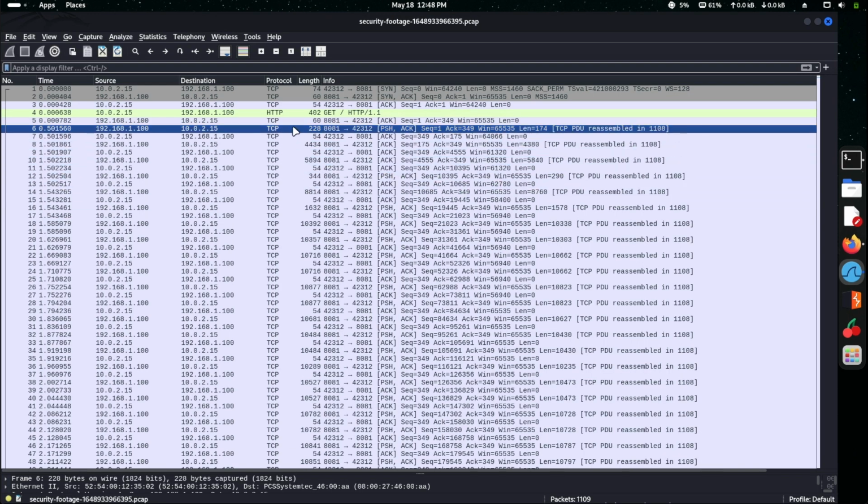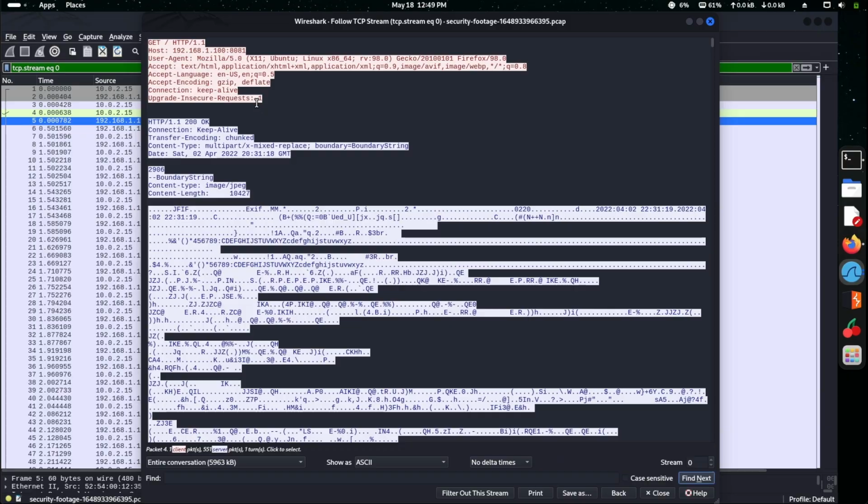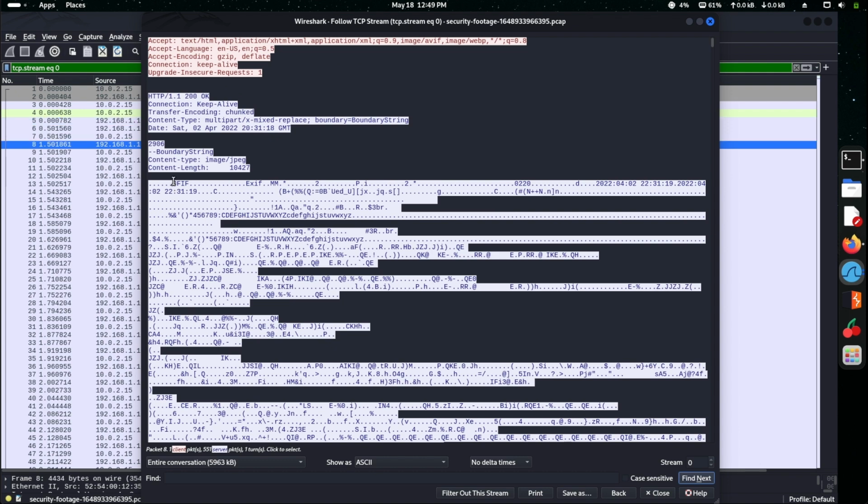What we can do is click any of the TCP stream data, right click, and follow the TCP stream. This will reassemble all the TCP packets into stream data so that it will be easy for us to gather what is going on between the packets. It will look like this, in this format. And if you see here,